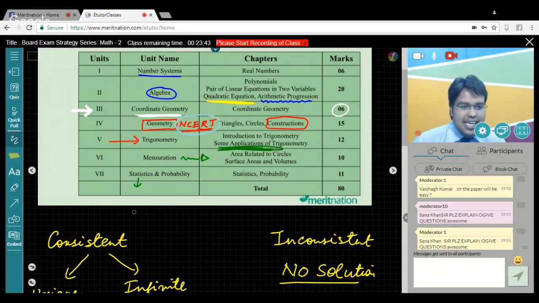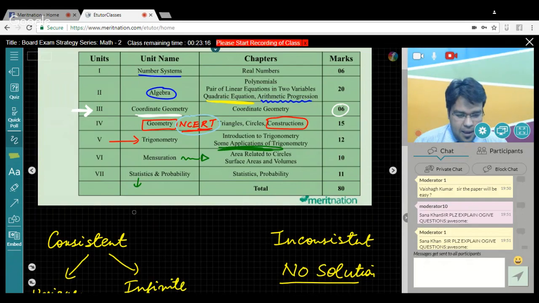Sir, will the paper be easy? Only God can predict that. Vesag, nobody can predict whether the paper will be easy or difficult. Also, it is relative, I guess. Everybody has a different benchmark for easy, difficult, and medium or average sort of paper. So it depends on your preparation. Vesag, now is not the time to wonder, will the paper be easy? Now is the time to do and make the paper easy.